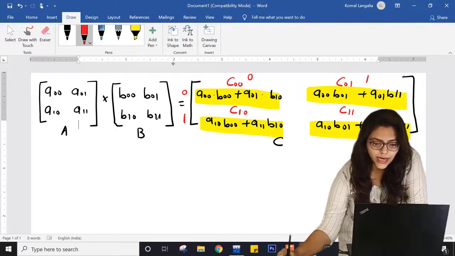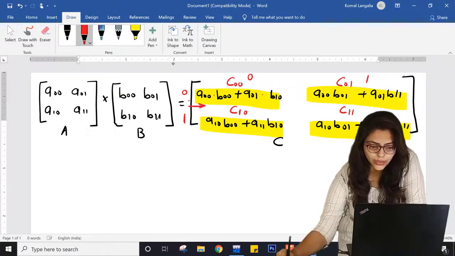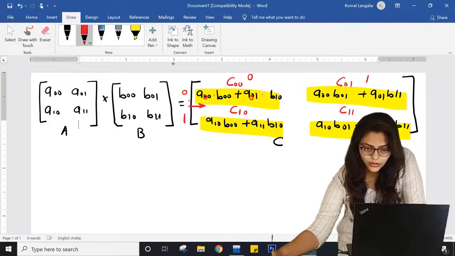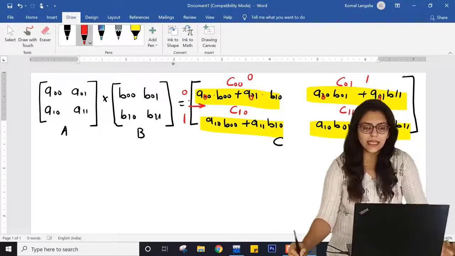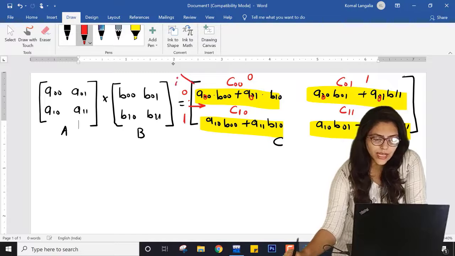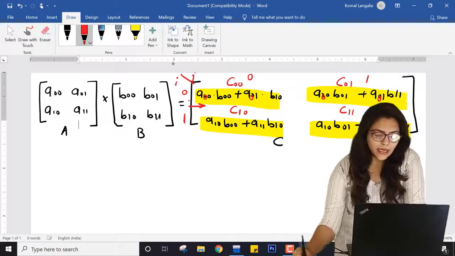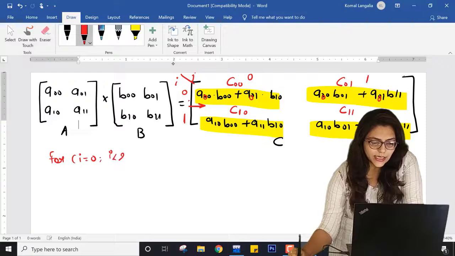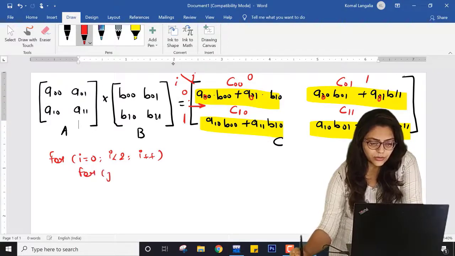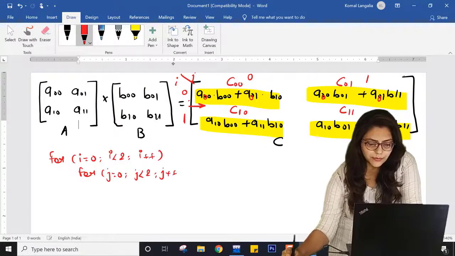Now see that here in the first row, this is 0, this is 0, this is 0, this is 0. So if I say rows as I and columns as J, I am writing a loop for I equal to 0, I less than 2, I plus plus. Inside this I am writing for J equal to 0, J less than 2, J plus plus.